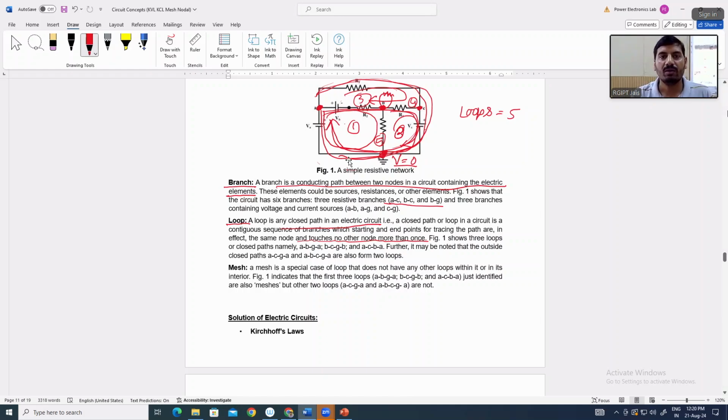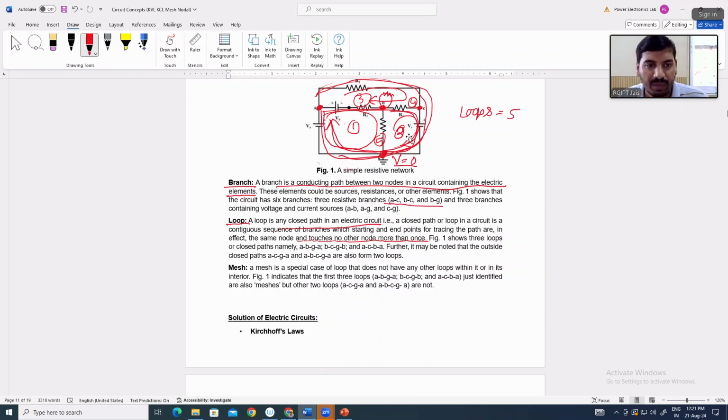So 1 और 3 को मिला के भी एक लूप बनेगा, 2 और 3 को मिला के भी एक लूप बन जाएगा, राइट? यस सर। तो 7 लूप तो ऐसे सीधे सीधे दिख रहे हैं, 1 2 3 तीनों को मिला के एक लूप बन रहा है, 1 2 को मिला के एक लूप बन रहा है, 1 3 को मिला के बन रहा है, 2 और 3 को मिला के बन रहा है, राइट? सो लूप का डेफिनेशन क्या होगा? लूप इज एनी क्लोज्ड पाथ इन अ सर्किट। सर्किट में कोई भी क्लोज्ड पाथ बन रहा है वो एक लूप हो जाएगा।